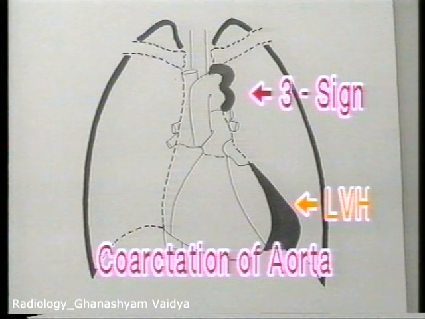In coarctation of aorta, the left border of the aortic knuckle and descending aorta may show the classic 3 sign if the coarctation is situated on the descending part of the arc of aorta. It is the site of coarctation itself with pre and post stenotic dilatations above and below. The heart shows left ventricular hypertrophy seen as cardiomegaly with apex displaced downwards and outwards.